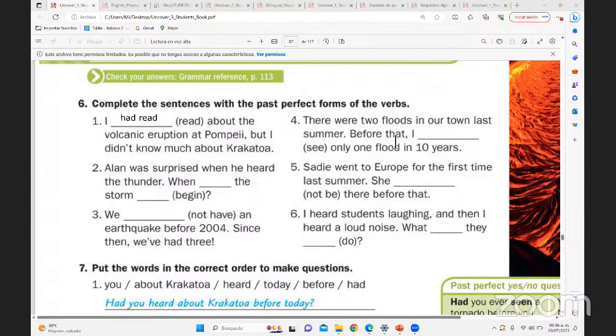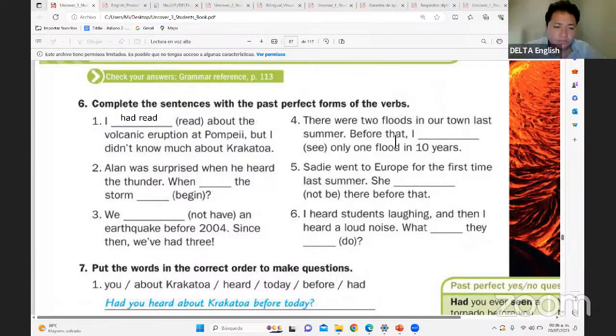Okay, excellent. Please help us, Itzel, with number 2. Yes, teacher. Alan was surprised when he heard the storm had begun. Okay, well, in this case, the verb, that's why it's important that you guys study the verbs, right? The regular verbs in past and past participles. So we have begin is the present,